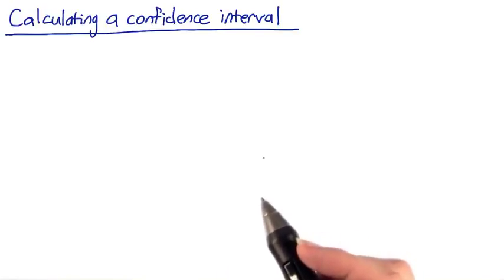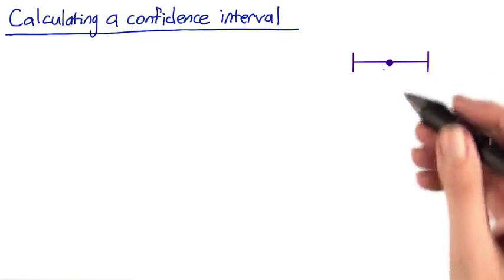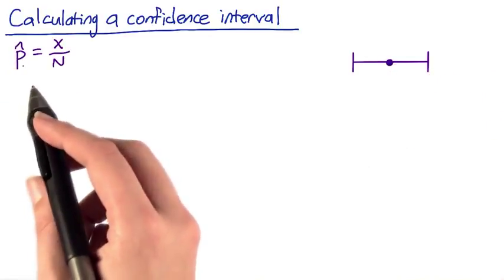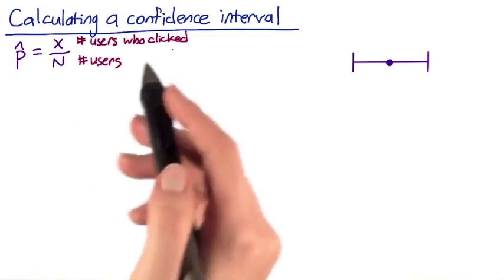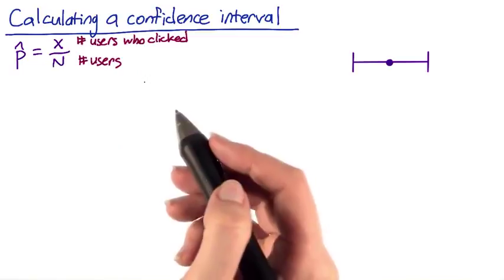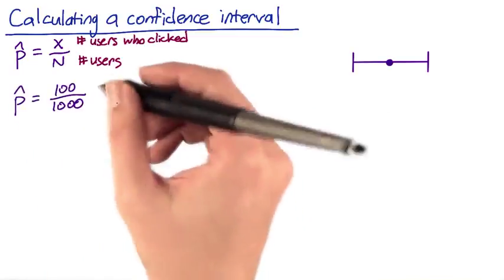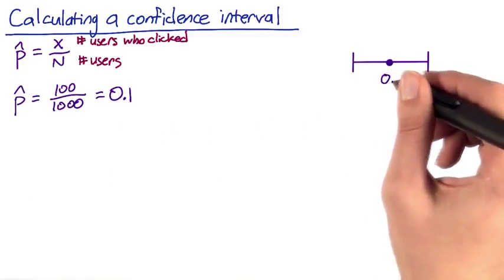Now let's look at how to compute the confidence interval for our sample. We've already found the center of the interval, that is, the probability of a click. The equation was p hat, or the estimated probability, equals x over n, where x was the number of users who clicked, and n was the total number of users who visited the page. In this example, p hat is 100 over 1000, or 0.1, so the center of the confidence interval will be